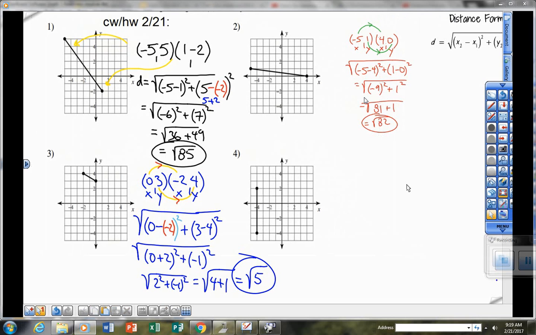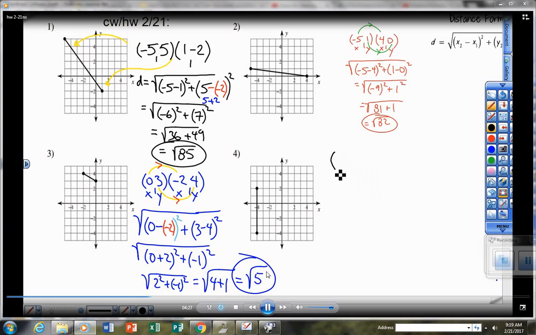Alright, number 4. This problem is kind of unique, kind of what I want you to think about. I could find the length of the segment by counting boxes. 1, 2, 3, 4, 5, 6. This is 6 boxes long. If I plug the points in correctly, I should also get 6. If I was to take the high value 2 minus the small value, 2 minus 4 would also give me